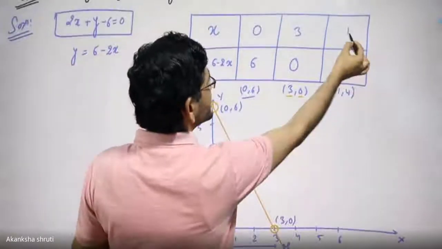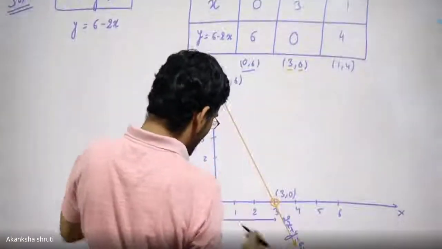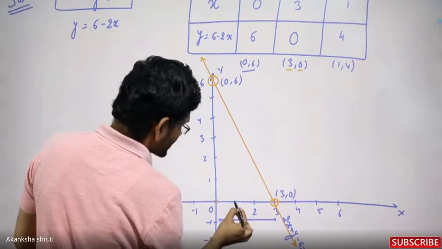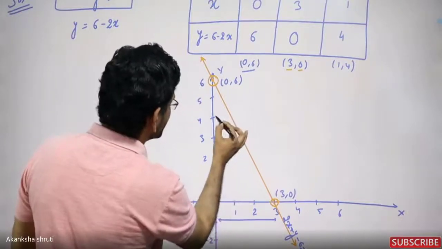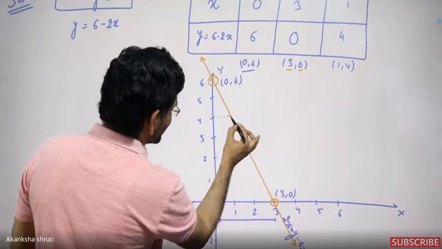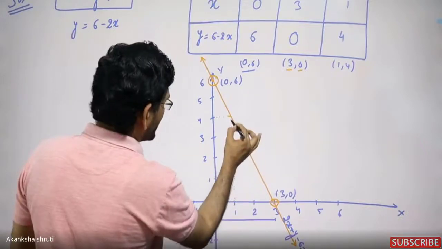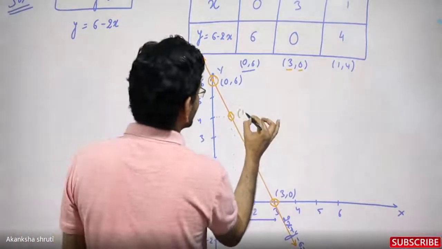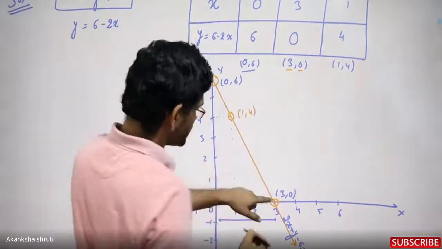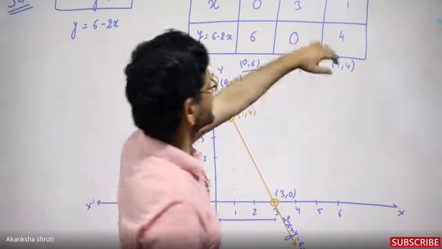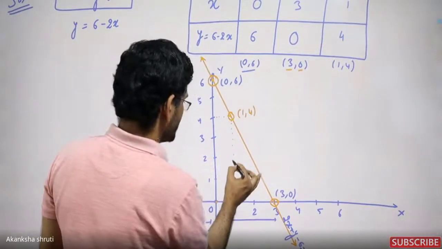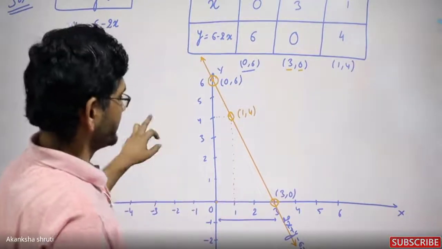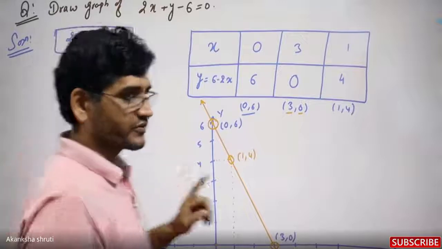Students, you can say 1 and 4 will surely lie on this. You can mark it. See, it was our 1. Then taking this as the 4, you are getting that it is coming here. Okay, though I had not plotted, it is coming here. So it is our 1, 4. So just take these 2 points, join it, then adjust this. Okay, student? So this way we have learned how to plot the graph. It is very important. Okay, student? Tomorrow we will do the other things.